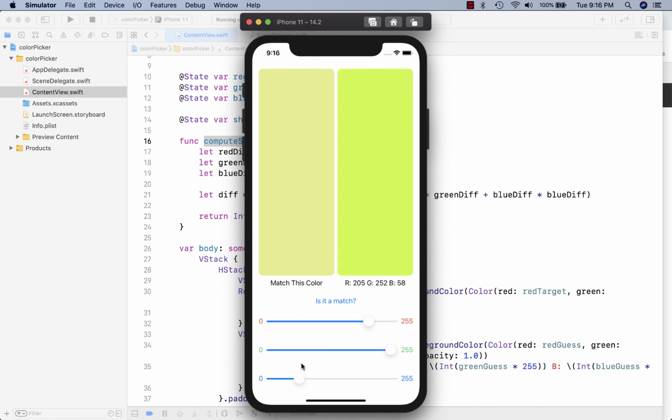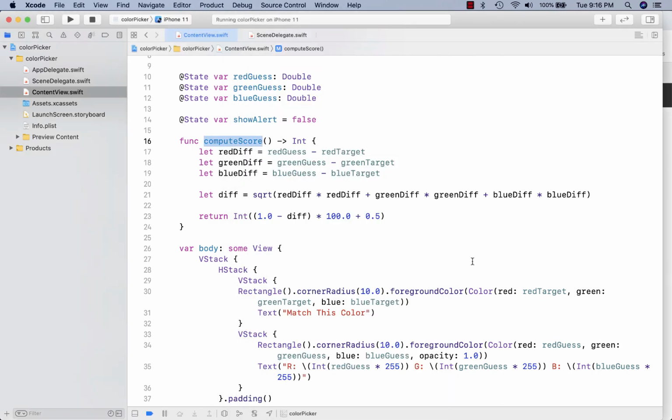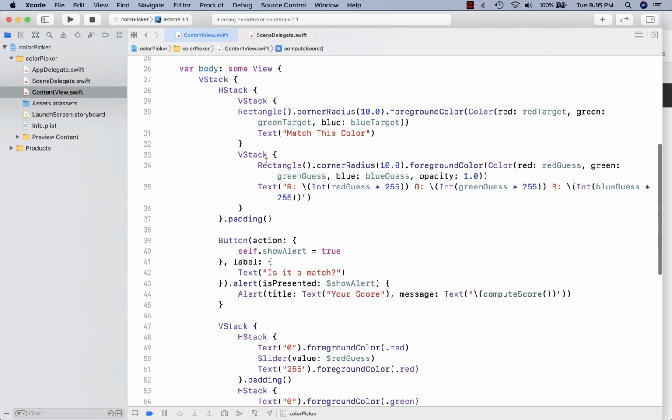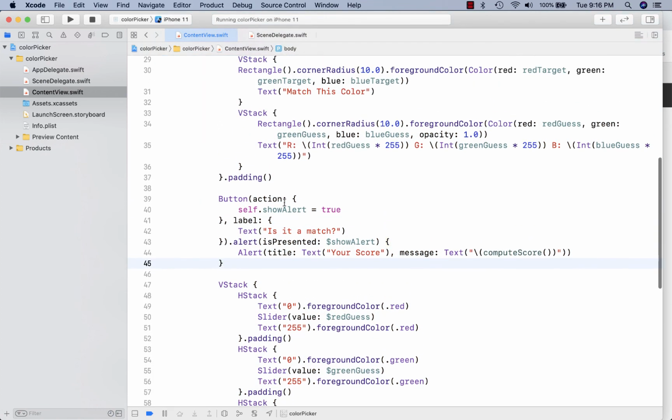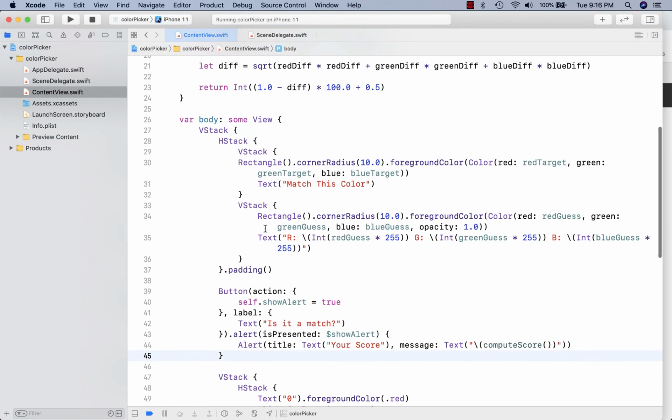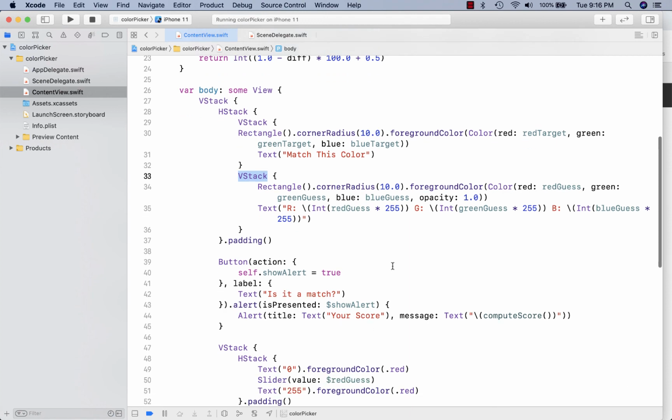But I'm going to play around with these sliders to get closer and closer to that corresponding value. And then I can check, is it a match? And I get my score back again. Okay, and the idea is that we're not necessarily building this game. It's a cool example of a game, and it's fairly intuitive. But more so, we're focusing on how do I use these components within SwiftUI? How do I use these layout components, like the VStack and the HStack? And then within those, we are using rectangles, text, and buttons, but ultimately